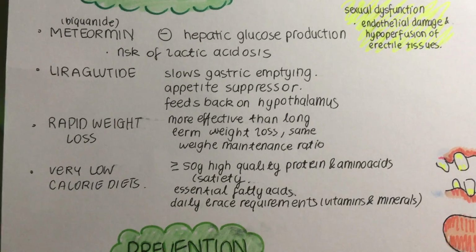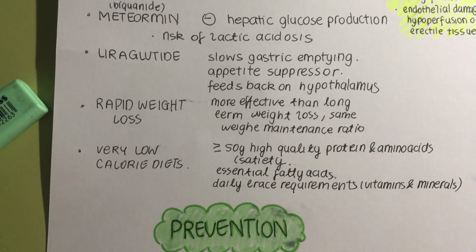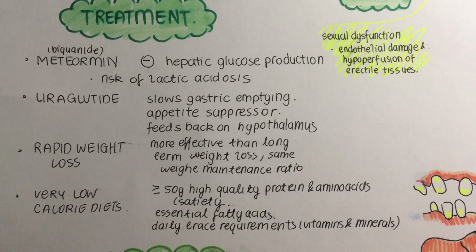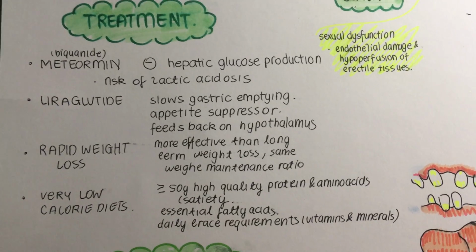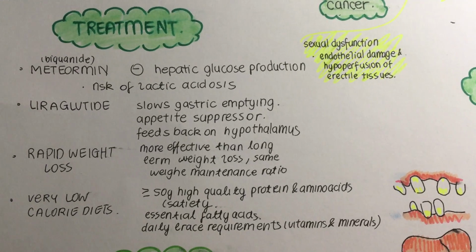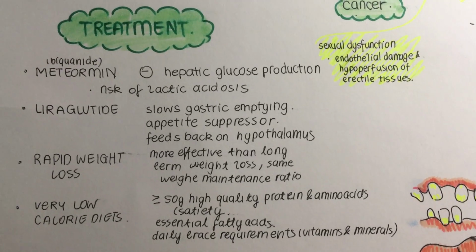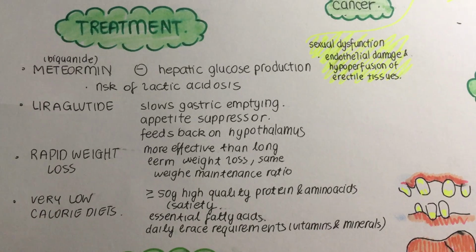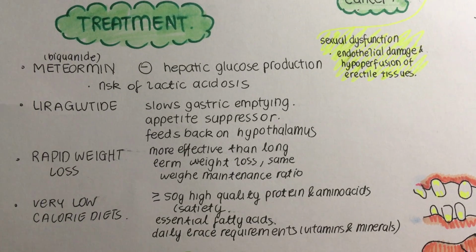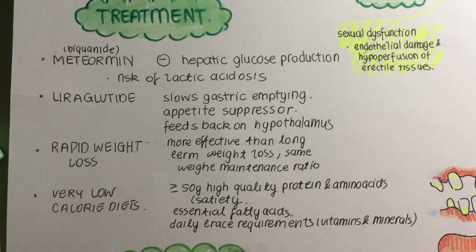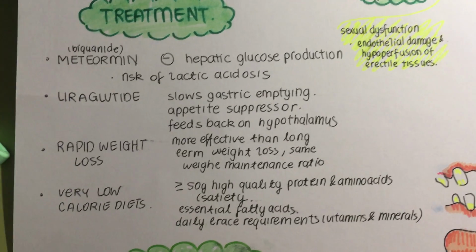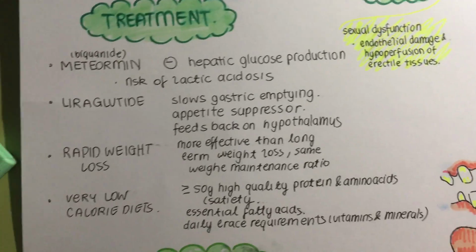weight slower. Now, of course, another way to counteract the central obesity and metabolic syndrome is to have rapid weight loss through very low-calorie diets. In the past, there have been many myths suggesting that weight loss should be achieved over the long term. However, in the short term, weight loss in many studies was shown to be just as effective and in many cases more achievable. The same percentage of people maintained their weight loss compared to the long-term weight loss groups.